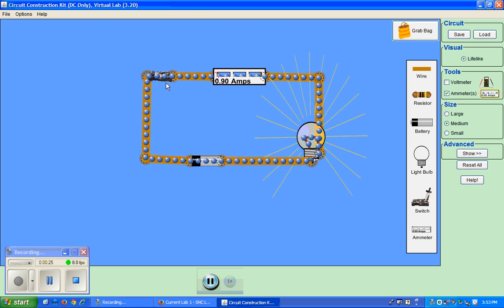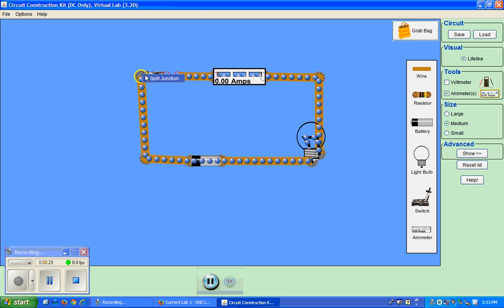All right, so we'll go back to our simulation. Again, right click, then left click, split junction. And now we've got our circuit. If it'll let me drag it out of there, right click, split junction, right click, then left click, split junction. And now we can put the battery over here